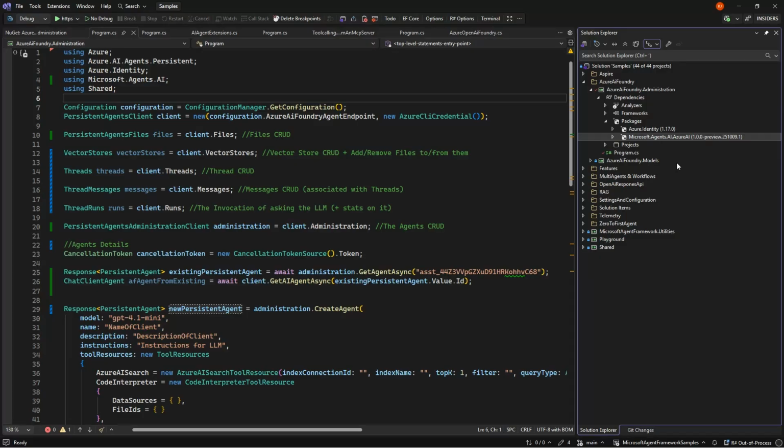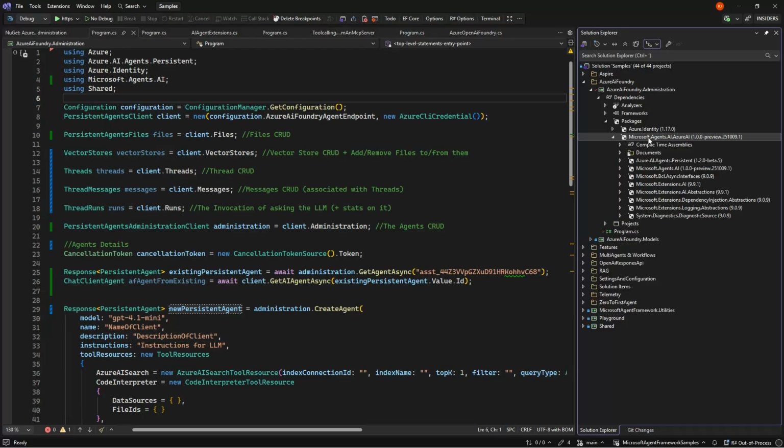So normally we have only used agents.ai or agent.azure OpenAI, but inside this, there's a dependency on the NuGet package called azure.ai.agents.persistentagent that agent framework and others can use in order to control the portal.